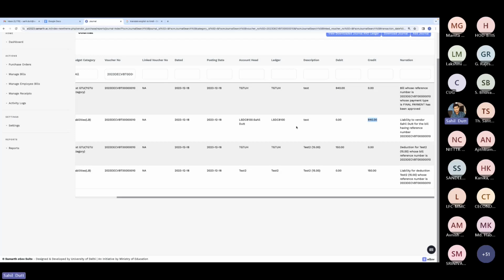Liability means the organization is liable to pay this much amount as it has been approved by the competent authority. So again here we can see 150 as we have deducted the 15%. So you can see this 150 has been recorded, and the organization is also liable to pay this 150 to the authorities if the payment will be done for this particular